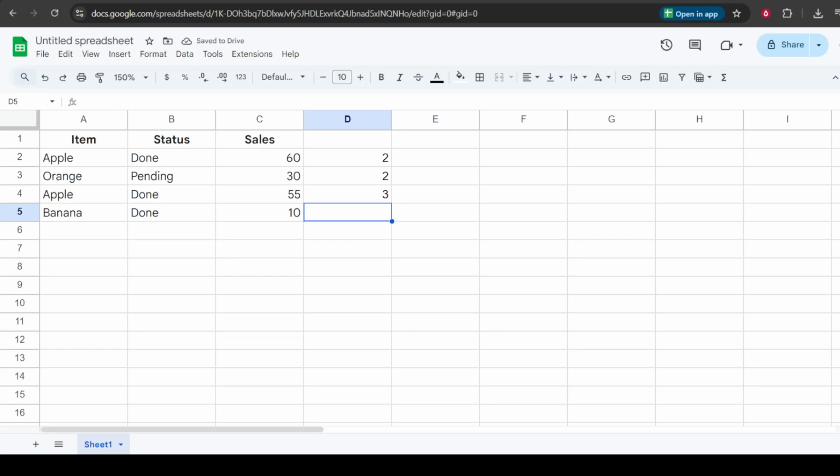In today's video, I'm going to teach you how to use COUNTIF in Google Sheets. If you've ever found yourself scrolling through a long list to figure out how many invoices are marked paid or how many times apples shows up in your sales log, there's a much faster way. The COUNTIF function does the counting for you by scanning a range and returning how many cells match a condition